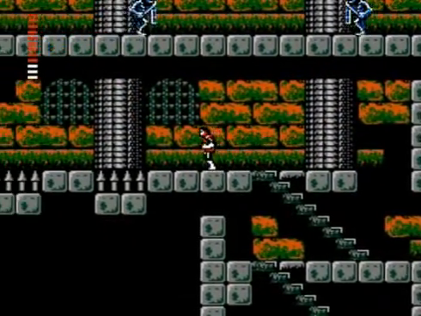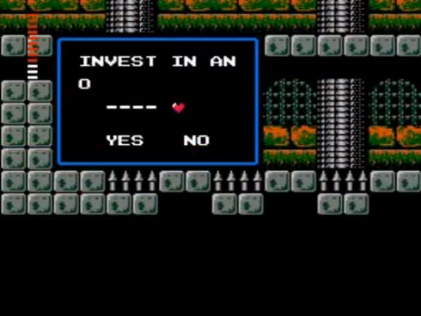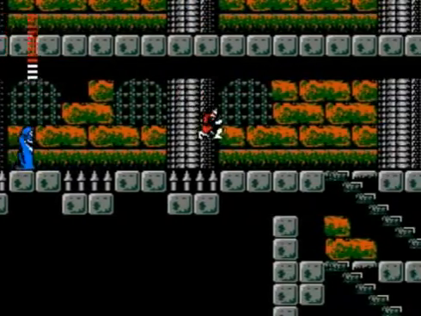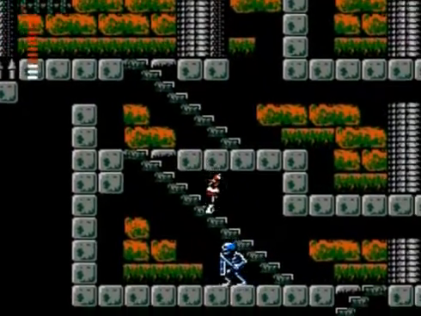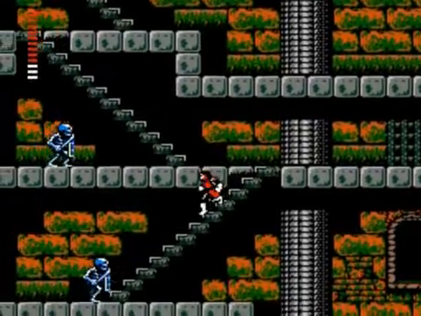If you accidentally throw the oak stake and miss, or you just throw it randomly, it does not do any damage to enemies, you end up wasting it, and then you have to backtrack and buy another one. And since they cost 50 hearts apiece, it's not the best thing to just waste one. And of course, if you do, you have to just sit there and grind